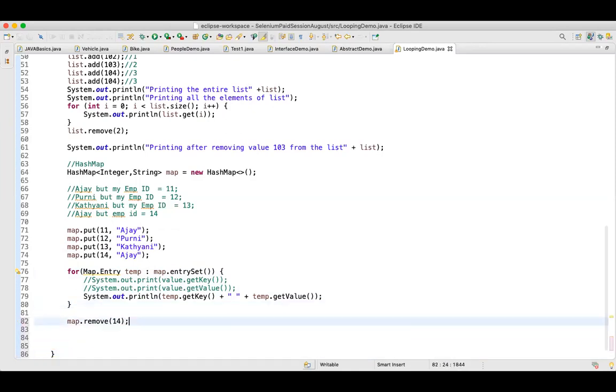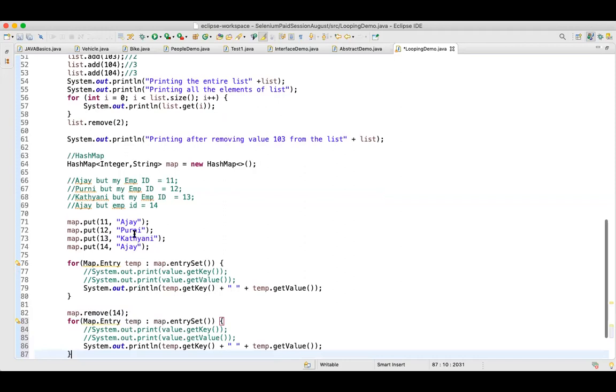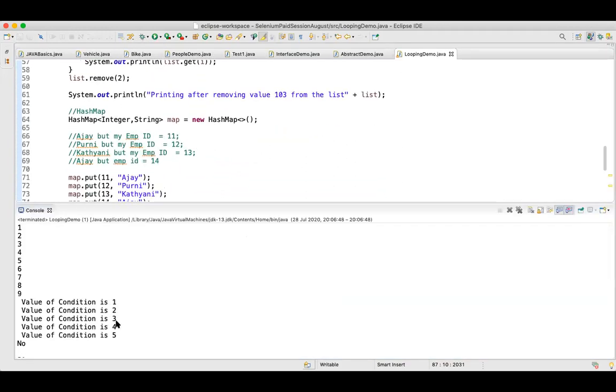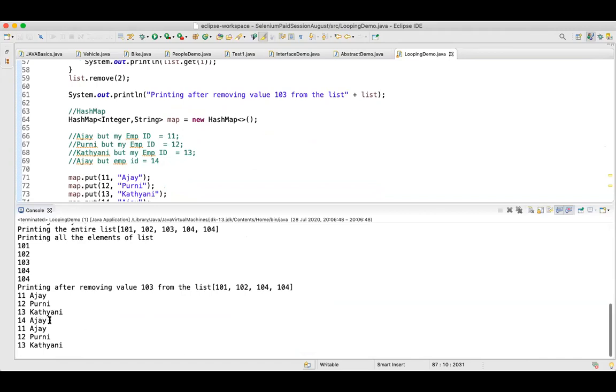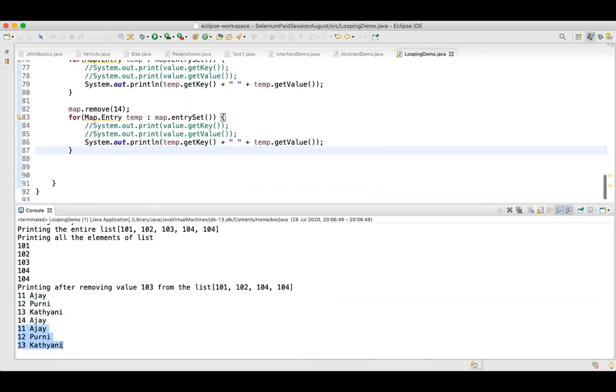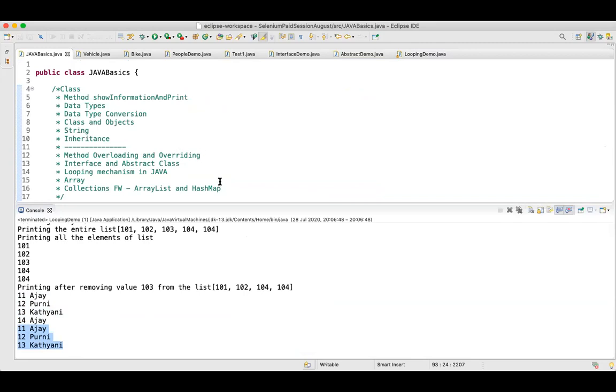Let's say tomorrow the other Ajay with the ID 14 has left the company. Now can you see, initially it was printing 11, 12, 13, 14. After removing, it's printing only 11, 12, and 13.